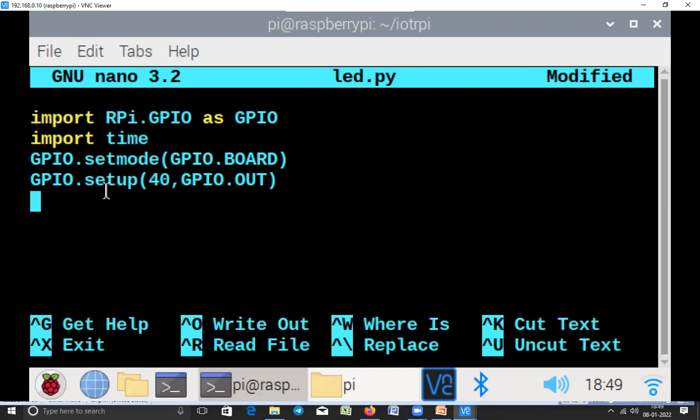All these 4 lines are initialization, setup, libraries. Now, the main code: always remember when you're working with IoT or embedded systems, you have to write in the infinite loop. So I'll be creating infinite loop using while true.